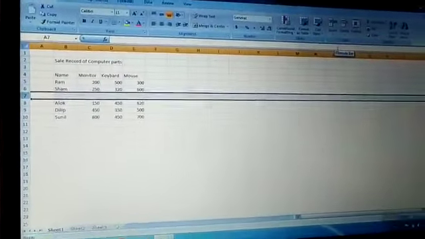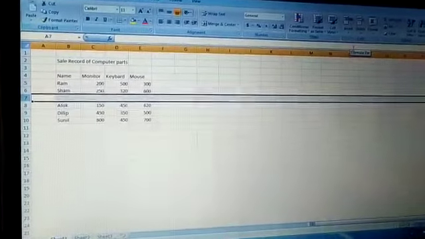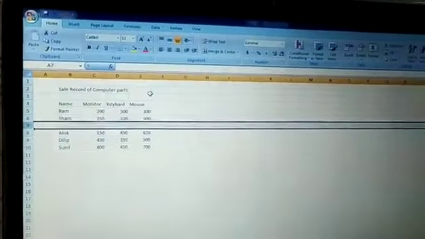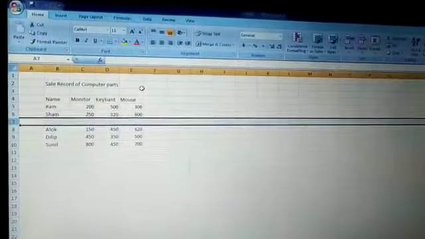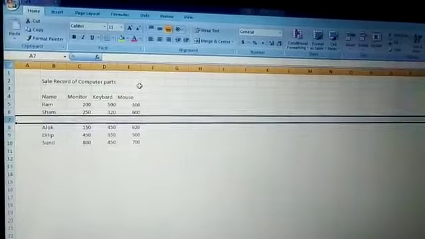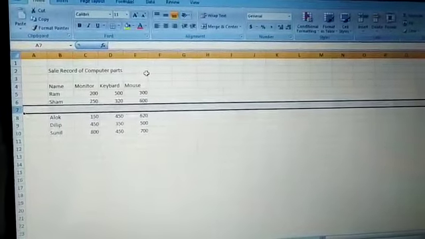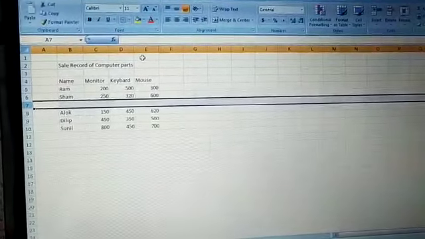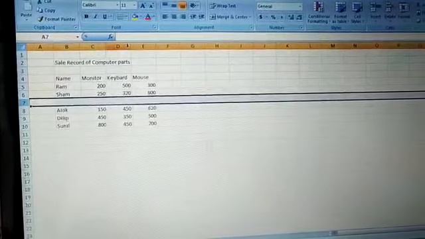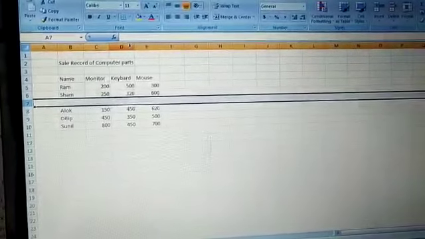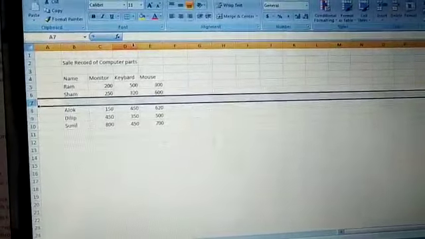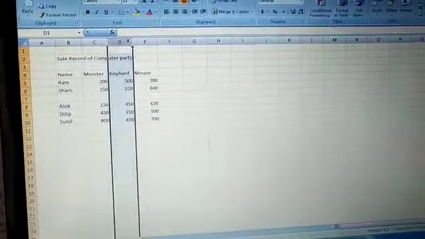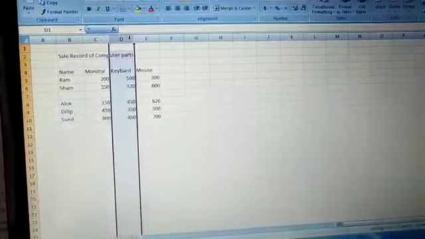Now move to the next page, page number 56, and the topic is insert a column. You can add a column to your worksheet to insert additional data. Now click the heading of the column to the right where you want to insert a new column. Here I am going to select this column and it moves to the right side when a new column is inserted.